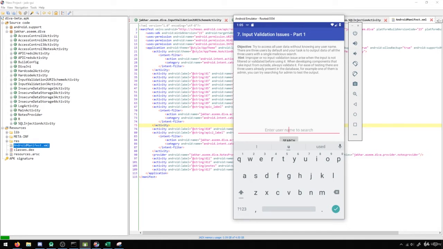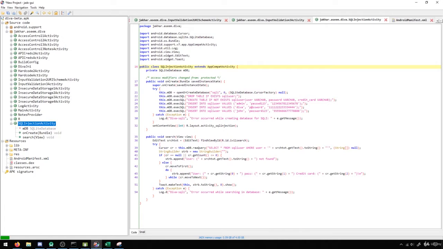You can see it will echo back whatever value is inputted, and it will tell us that it's not found, or it will echo back the details of the user, presumably, if we input one that is found. If we're looking for the code related to this, we can go into SQL injection activity, and this will show us exactly what's going on. As you can see here, it's doing a raw query against the database, and this is the query that's actually happening. And you can see that when it encounters an exception,